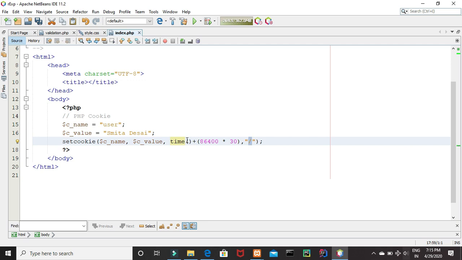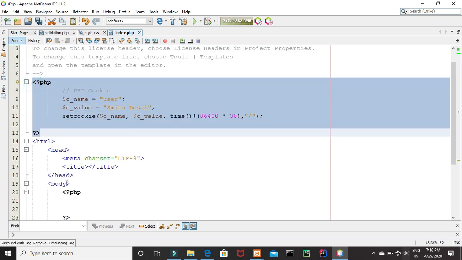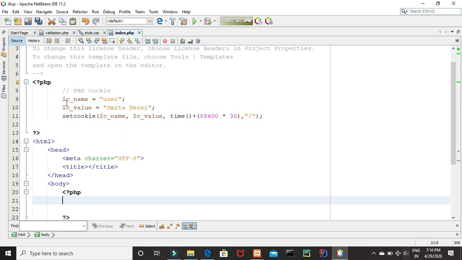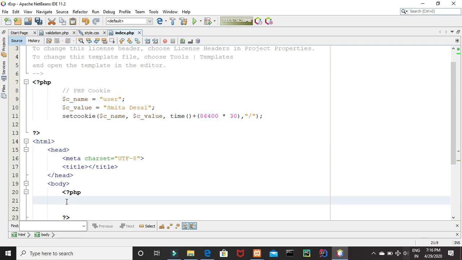Now we are going to retrieve the value of the cookie user and we are going to use the isset function. Also the global variable $_COOKIE. Let us see how to retrieve it. This is our script to create the cookie and now we are going to retrieve the cookie. So I have shifted my code before HTML tag and inside the body we will write the code to retrieve the cookie. Before we retrieve the cookie, we have to check whether the cookie is been set or no. So for that we are going to use isset function. isset function is used to find out if the cookie is set.